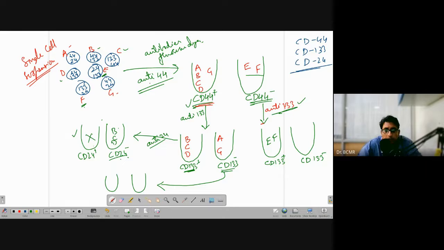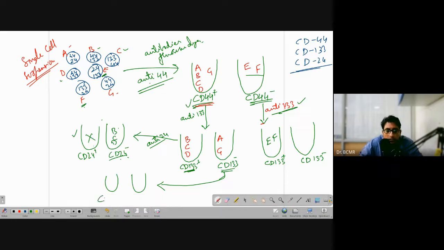In the second population, A and G, we have A is CD24. I'll put this: this is CD24 plus, and this is CD24 minus. A is CD24 plus, and G is also CD24 plus, right? And we do not have anything here. So finally,